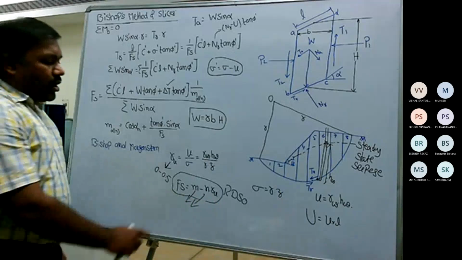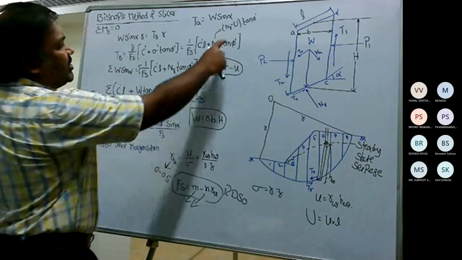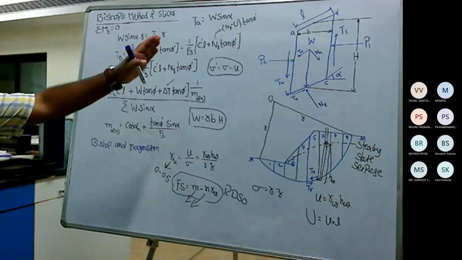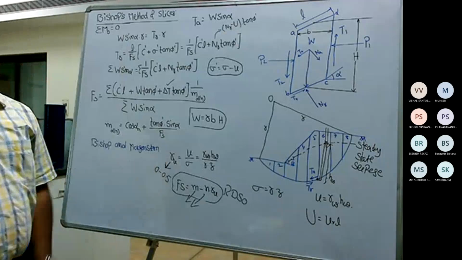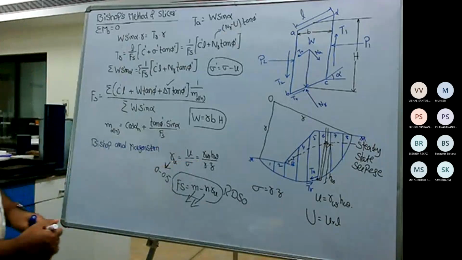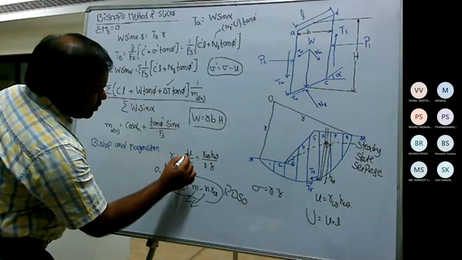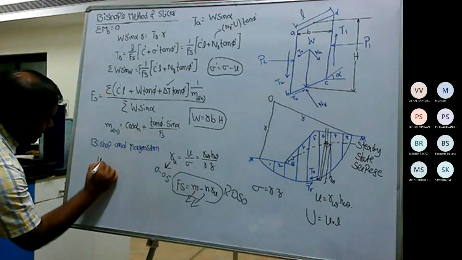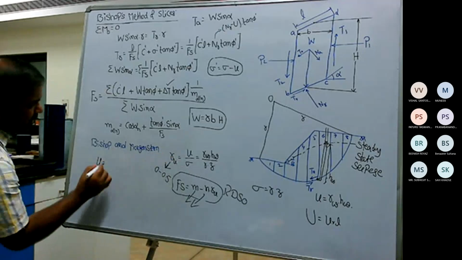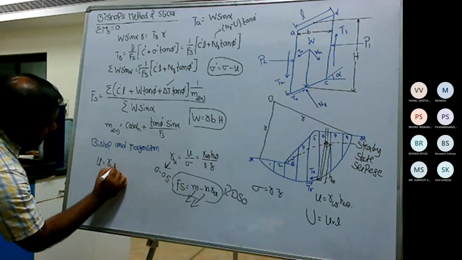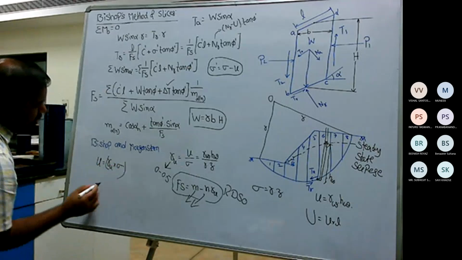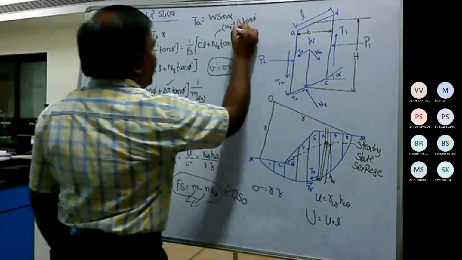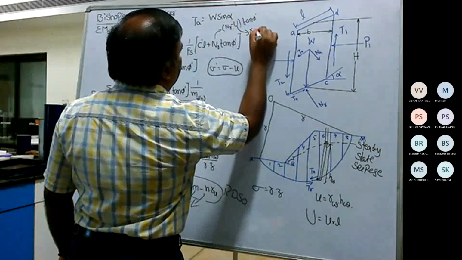Okay, so now suppose if you look at this equation, we used the U term, so that U can now be replaced with RU. If you rearrange the terms, your RU is equal to U divided by sigma. So U can be written as RU multiplied by sigma, so you can directly substitute this term U as RU multiplied by sigma.